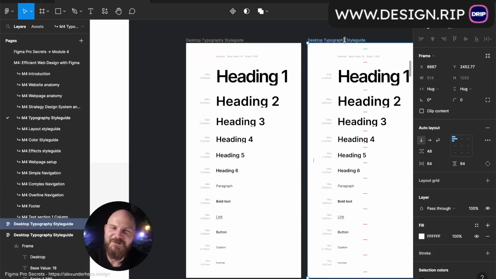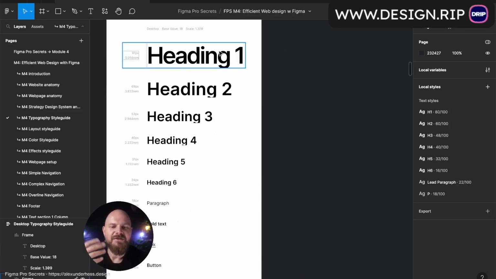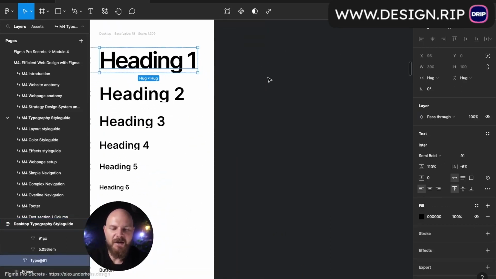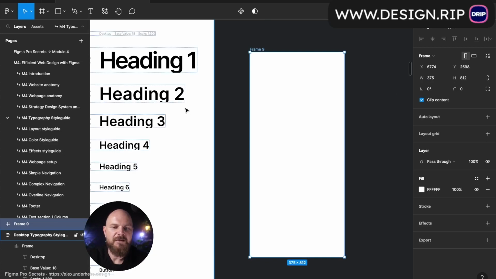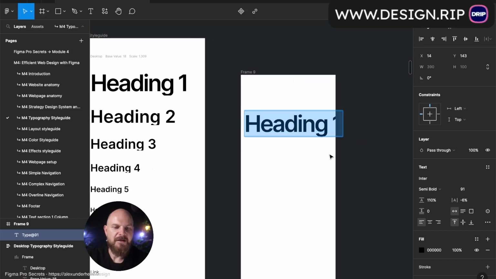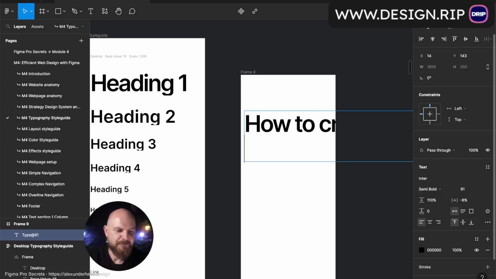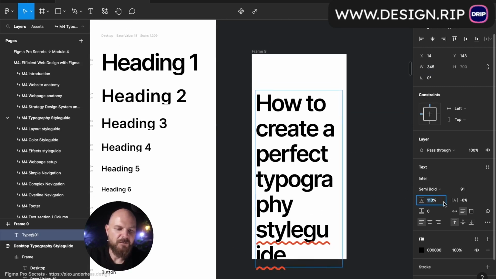But we have to remember about the mobile version as well. For the mobile version, to have a heading like this, heading 1, let's imagine that you have a 375 by 812 design, and then this will be your heading: how to create a perfect typography style guide. We define that it's